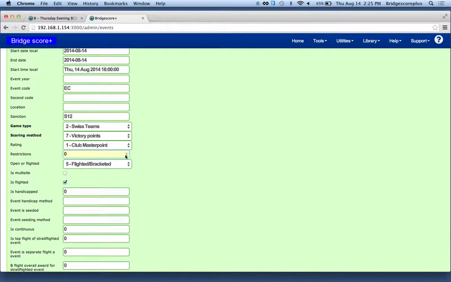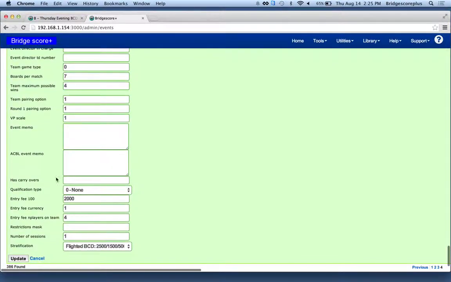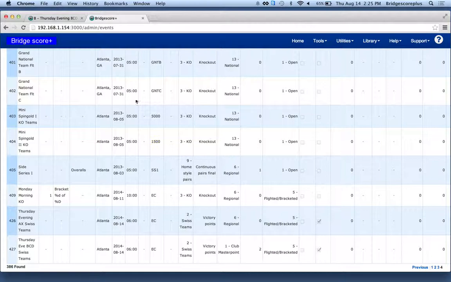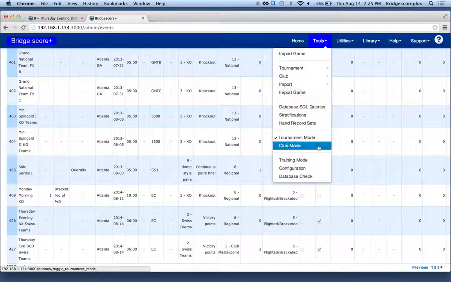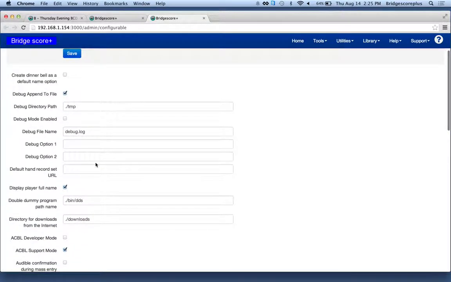But here I'm going to change the number of restrictions to be 2. And I'm going to go ahead and save those 2 changes. I changed the event name. So that's updated, and if I were the person doing support, I would then go back into the configuration screen. I would turn off the support mode, save the change, and I would then give control back to the